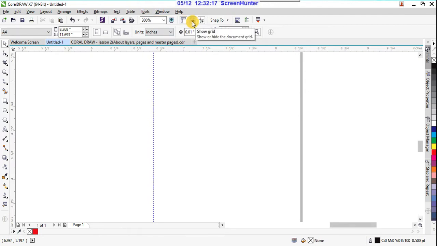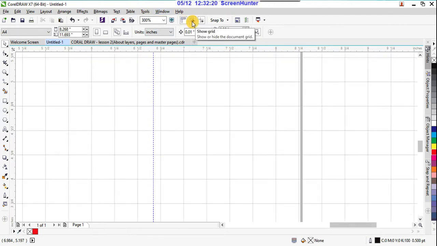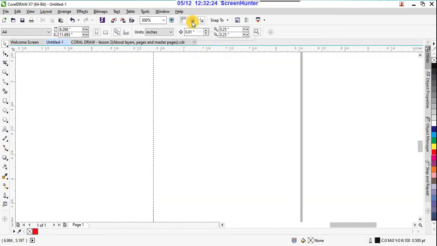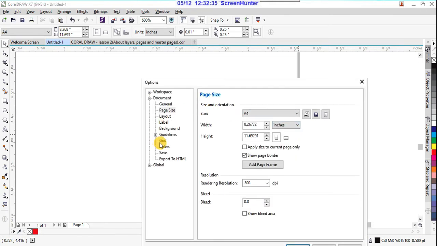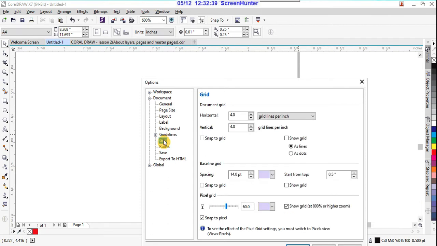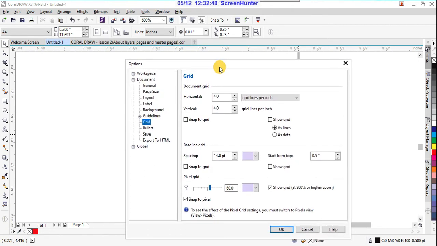The same way here the grid is also there, show grid. See, it is showing the grid. So for don't show grid, again click on that. Suppose again you double click on the gray area and double click on that. See, the grid, so click on that. The horizontal and vertical sizes are the grid position, horizontally and vertically.